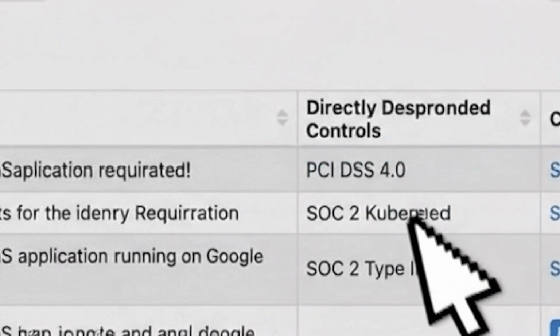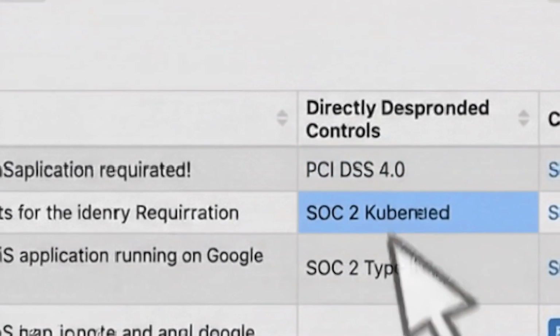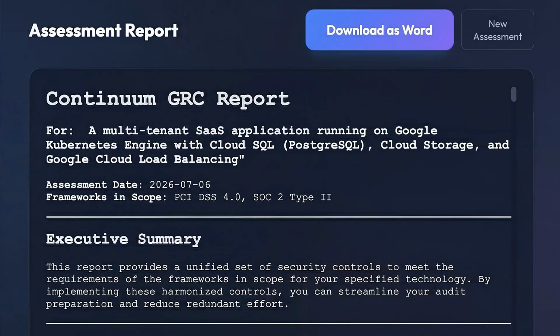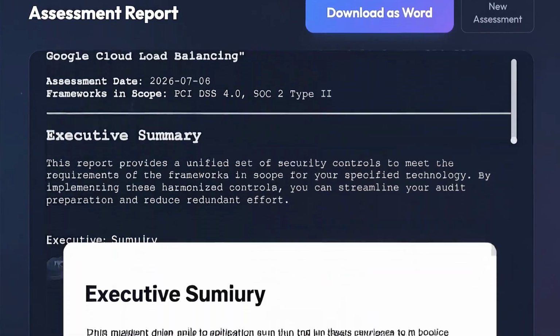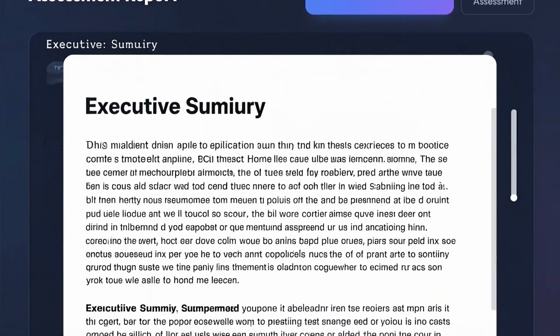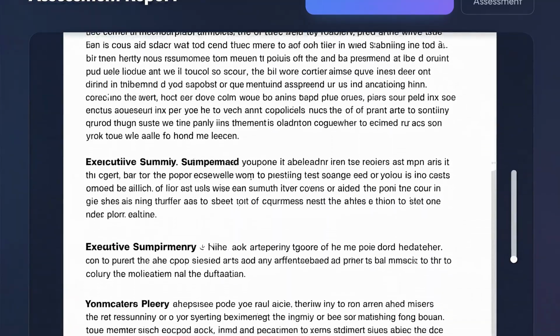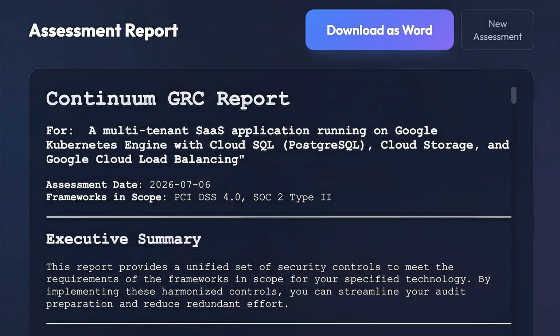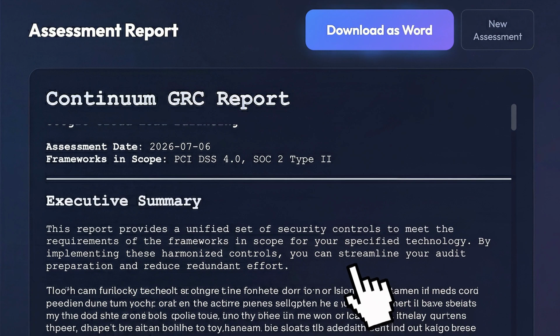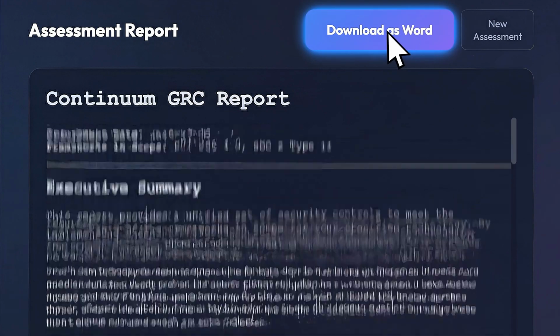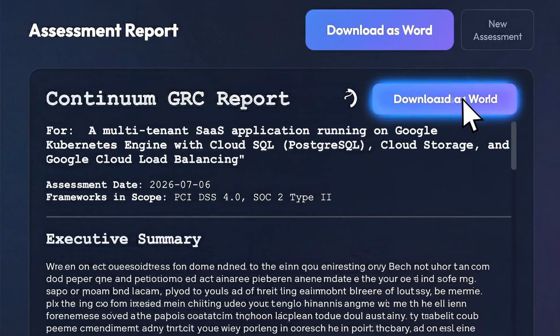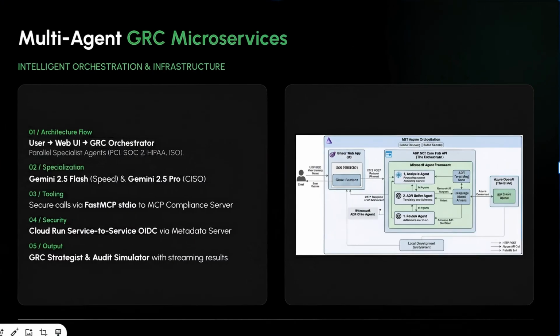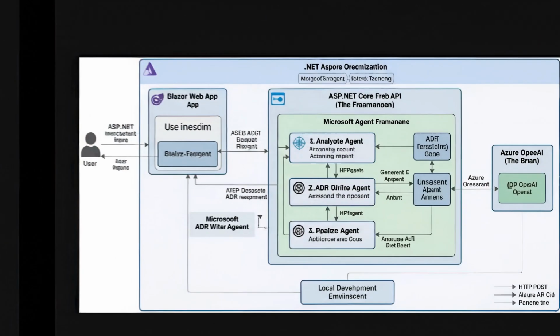We receive a unified control plan. For example, Control 1 harmonizes identity and access management, mapping Cloud IAM and RBAC recommendations to both PCI Requirement 8 and SOC2 CC 6.1. In Part 2, the IT Auditor Agent provides the step-by-step control design and effectiveness testing procedures,